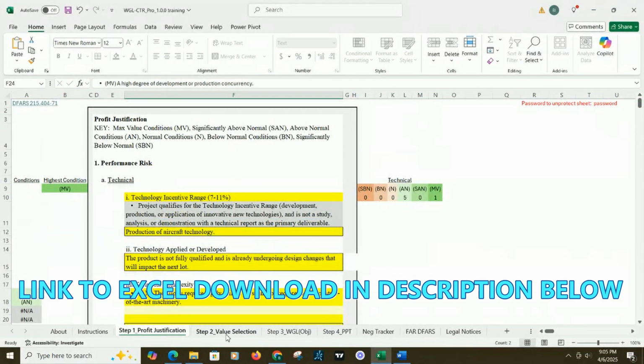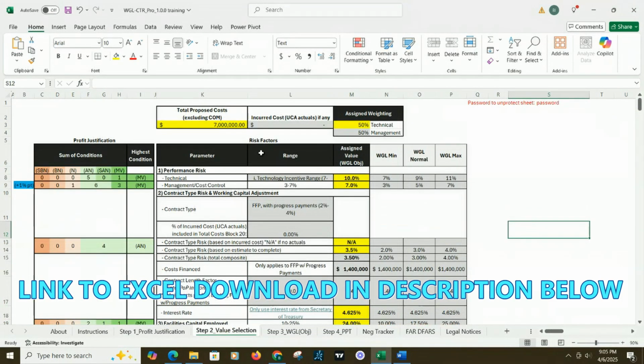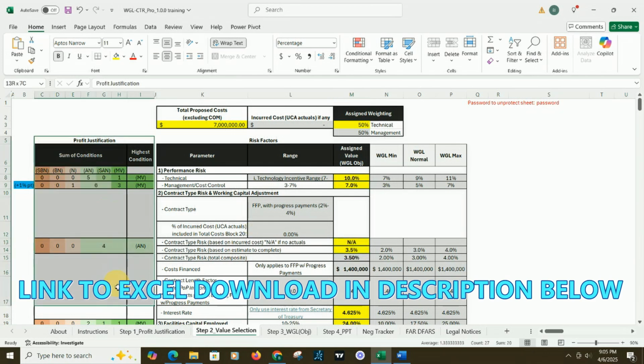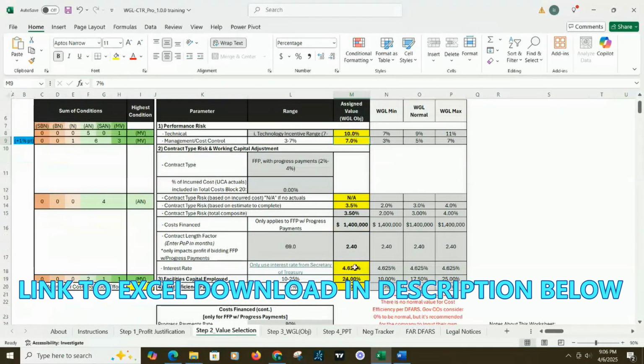Once you're done with step 1, you jump over to your step 2 value selection. Just need to focus on the yellow cells, input the values that apply, that you think apply for your objective for this proposal. As you're filling these out, you can refer to your profit justification over here. This is the sum of your conditions from what you filled out in your step 1 tab. This tells you where your proposal currently lies, the sum, and then the highest condition that you've got, and you can refer to this as you're deciding which value to input in these yellow cells. You'll finish filling out all the yellow cells,